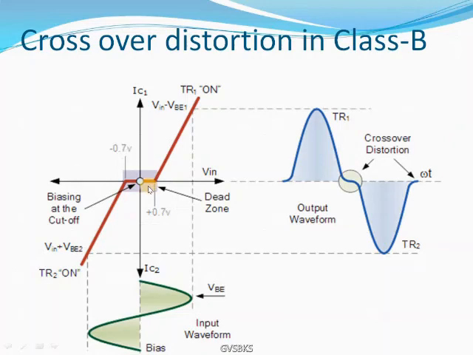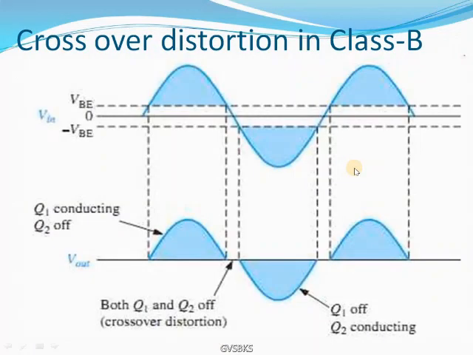For an NPN type of transistor, from 0 to 0.7 volts, there is no output. For a PNP type of transistor, from 0 to minus 0.7, there is no output. The region between 0.7 and minus 0.7 volts is called the dead zone. In this dead zone, even though the input is present, we don't have any output signal. From this graph, we can easily understand that even though we have an input signal in this dead zone, there is no output signal. This happens at every zero crossing of our sinusoidal signal, and this makes the crossover distortion.